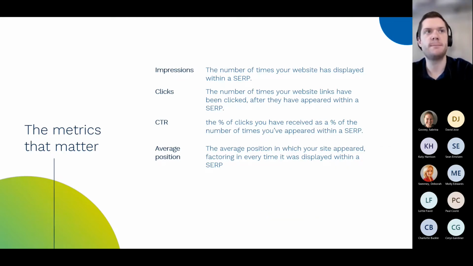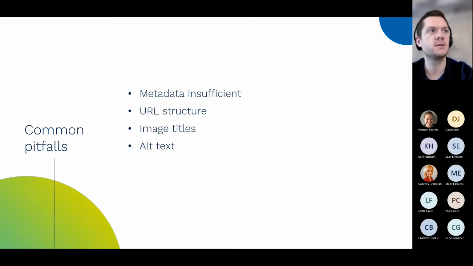And then these are the metrics that matter when it comes to SEO, when it comes to reviewing progress: impressions, the number of times you've appeared in a search engine result; clicks, the number of times people click; click-through rate; and average position. These should be terms you're probably quite familiar with at this moment in time anyway. But they're the metrics that we would look to monitor. Obviously, the next layer below that is, okay, what leads, what inquiries, what form submissions have these driven? But they're the top level metrics that we would use to monitor progress.